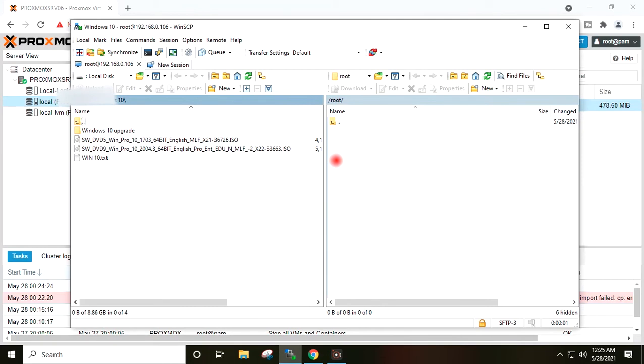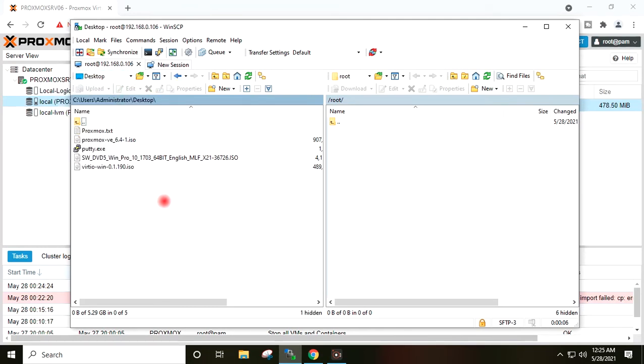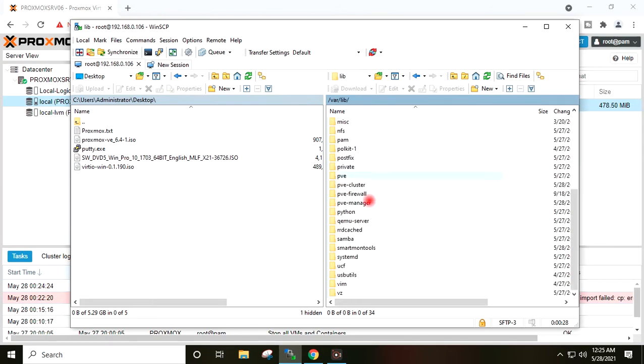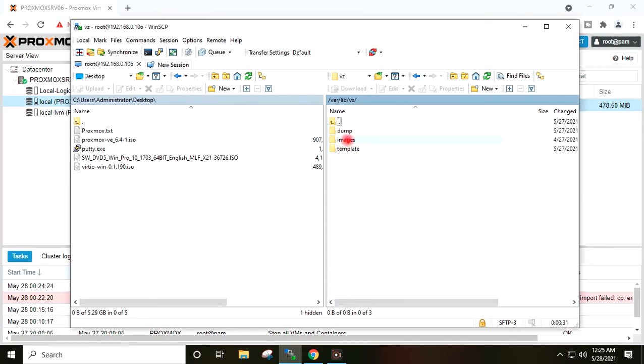On my desktop side, I will go to desktop, and on server end I will go to root, var lib vz template ISO.